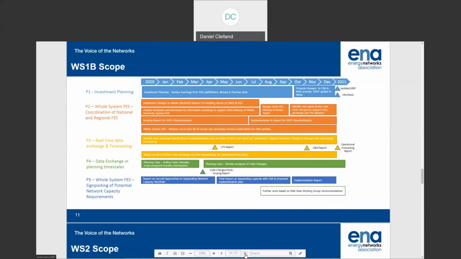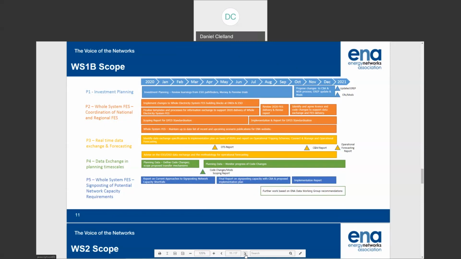So again, there's quite a lot of external dependencies that feed into our work in Workstream 1B, because we are dependent on the output of some of those regional development programs, case studies and trials in order to inform good practice for improvements in some of these areas. So we have had some of our work that was planned in this area roll over to this year because we've been dependent on the output from some of that externally run work. But what we're doing is coalescing that here in open networks and ensuring we're communicating out a consistent view.